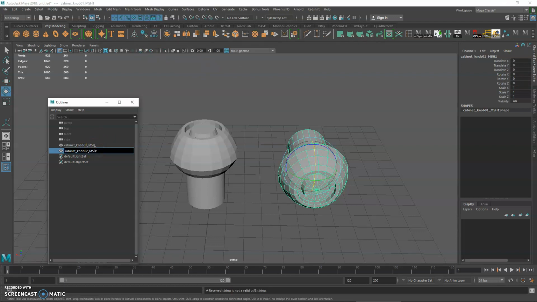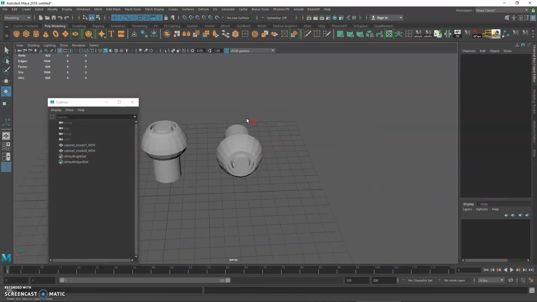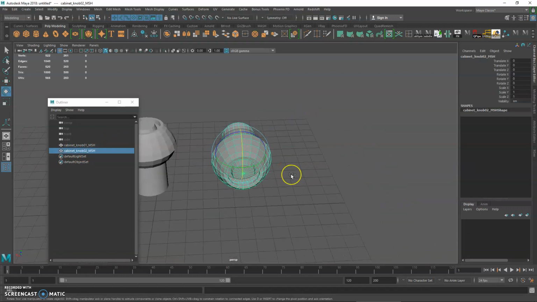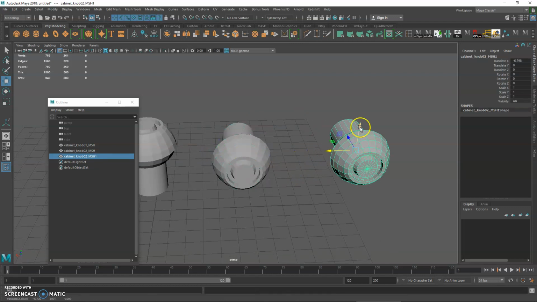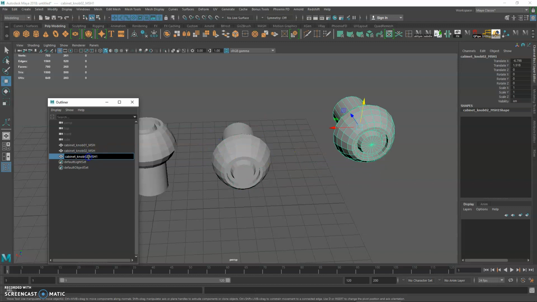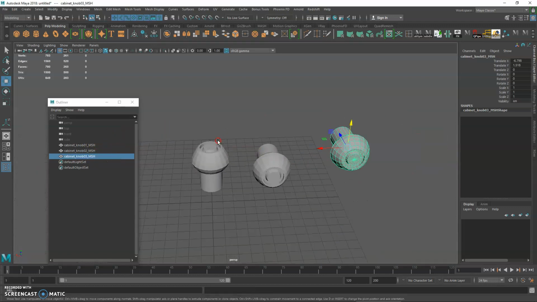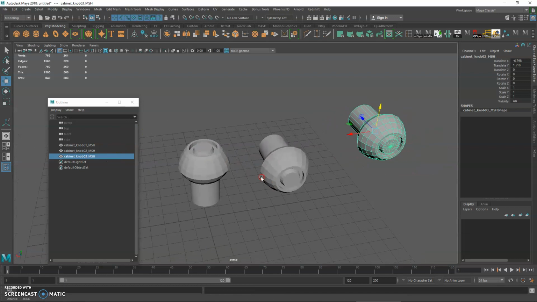We don't want this to be mesh one. We prefer it to be cabinet underscore knob two underscore mesh. And again, if you need another copy, you can press Ctrl D, do it again, place it somewhere else, and then make sure the naming convention is correct. So that's how I create these very simple